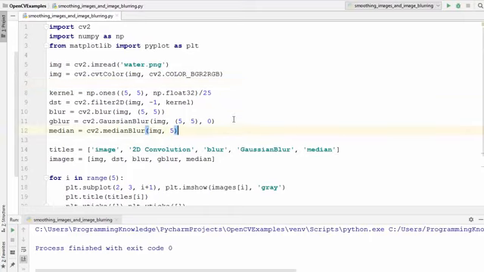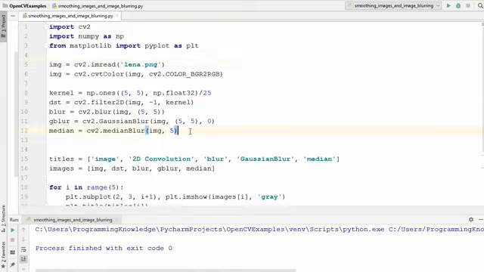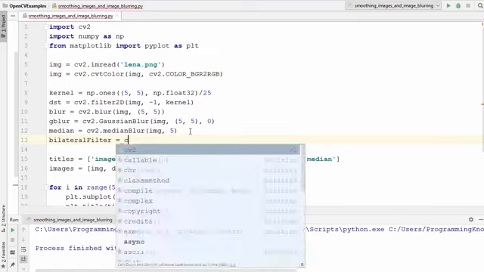By using all these filters, for example the homogeneous filter, averaging, the Gaussian or the median filter, we not only dissolve the noise but we also smooth the edges. And sometimes we need to preserve the edges. That means all the edges must remain sharp even if the image is blurred. So let me show you one example. I have this lena.png image. I'm going to define a variable called bilateral filter, and then there is a method called